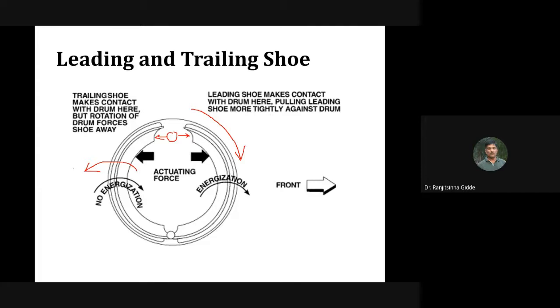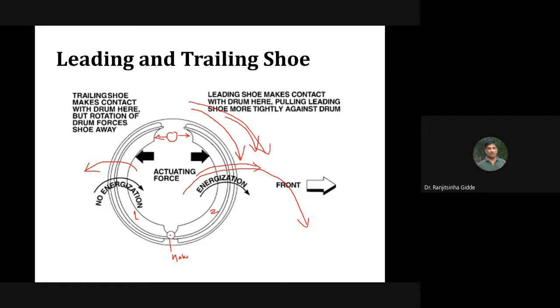This shoe will move in the anti-clockwise direction. So shoe number 1, and I will say here shoe number 2, and this one in the clockwise direction. So the drum is rotating in the clockwise direction, and at the same time this is the pivot point, or we can call it an anchor point. This one is the anchor point, and the shoe is expanding in this way. And what is this? It is clockwise and it is also clockwise.